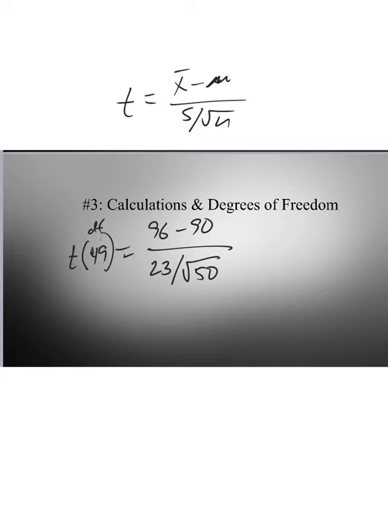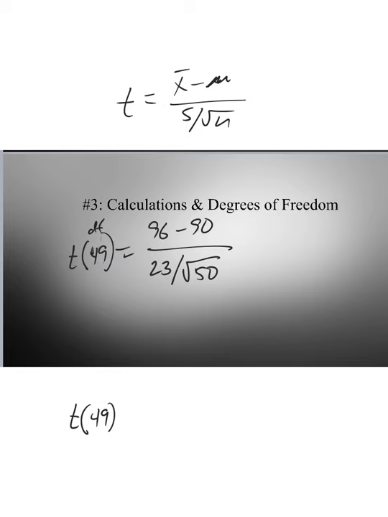It's the T curve that has 49 degrees of freedom, which is a fair amount, and one that we can then say is getting closer to a Z at that point, versus like 2 degrees of freedom, which you'd have if you had a sample size of 3, which is going to be a little less accurate. Now at this point,